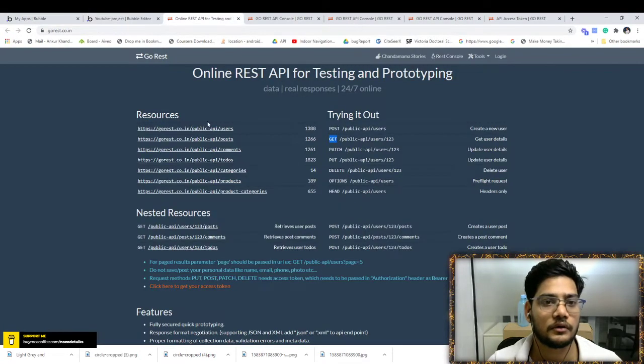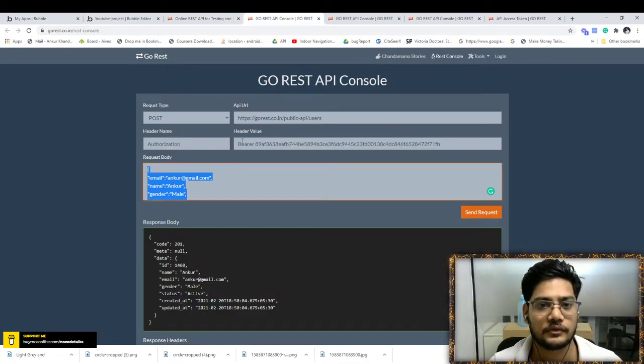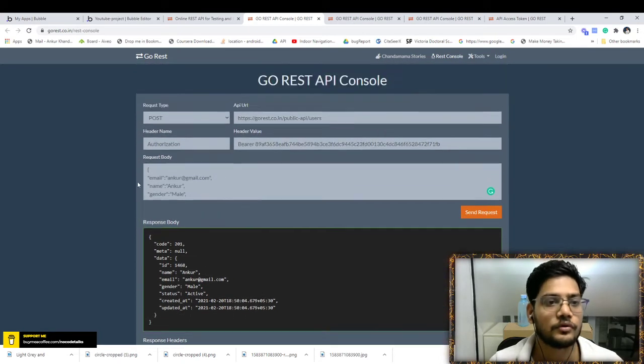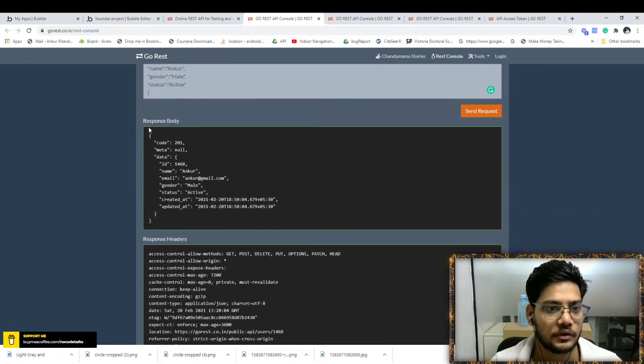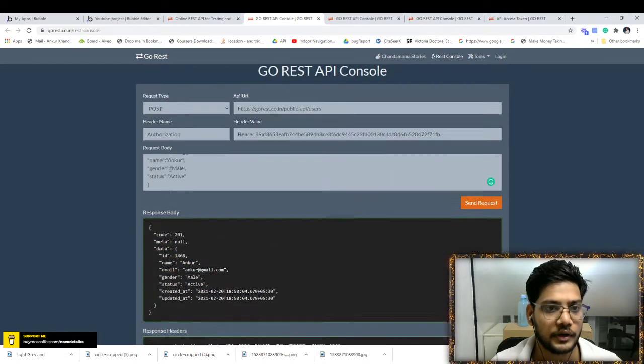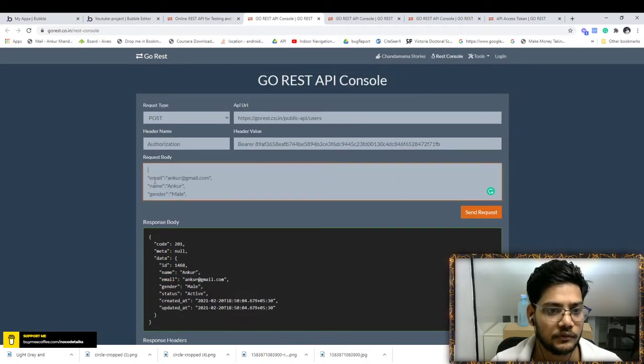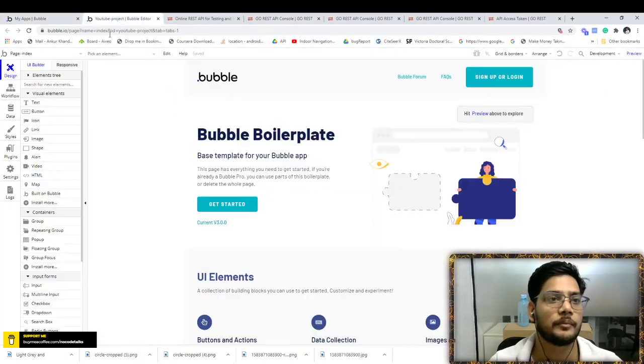So this is the online resource I'm just using. First of all, we use the post API. This is the post API, this is the URL, and this is the header. I'll ignore this, and this is the response body. So here we have the request, 1 2 3 4. We will create a first project.